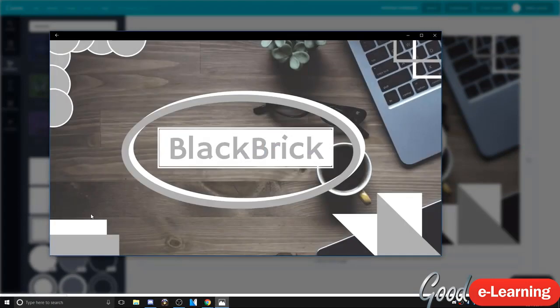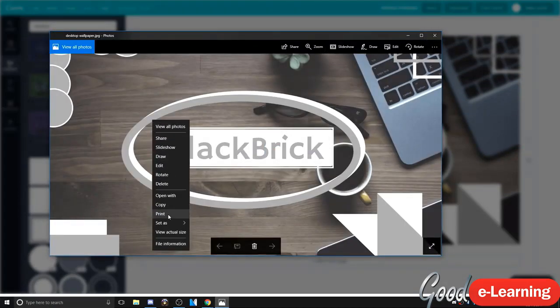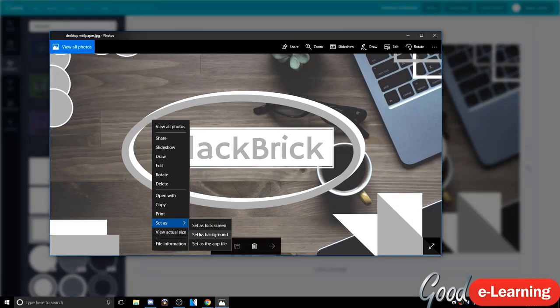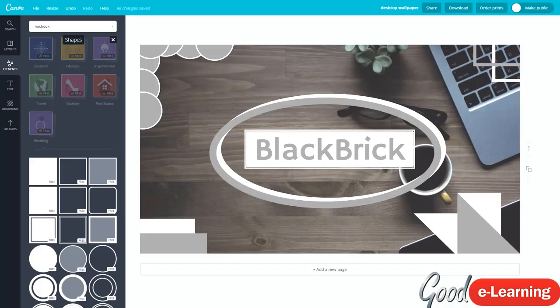Fantastic. Let this download real quick. And once it has, we will set it as our wallpaper. There we go. Fantastic. So click that, open it up, and there we go. All you want to do is now right-click it, and then go to set as, and then background. There we go. So I'll close this now, and I will close the Canva website, and in 3, 2, 1,